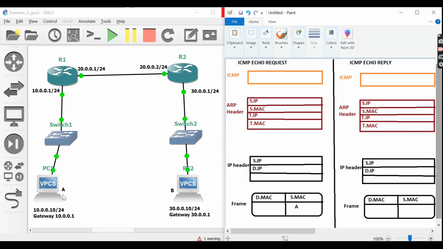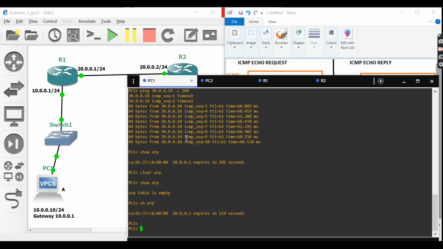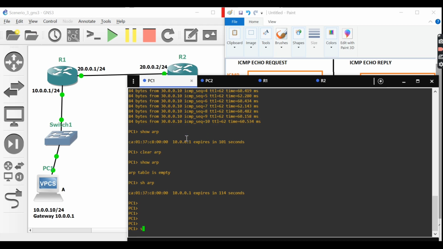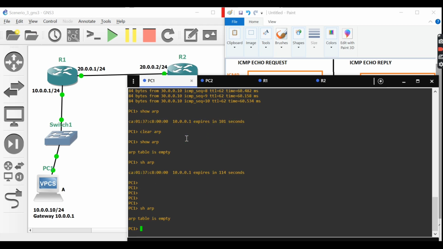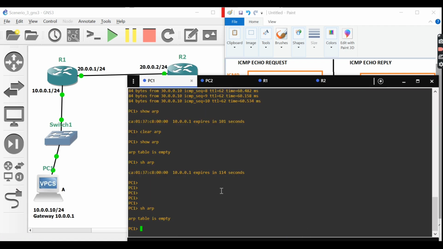This is the first time I am initiating the ping in PC1, so obviously the ARP cache is going to be empty. Let's have a quick look at that. This is the PC console. Previously I tested it, but I have cleared the ARP. Let's check the ARP again. Show ARP. The ARP table is empty. Fine. So when you initiate the ping to 30.0.0.10,